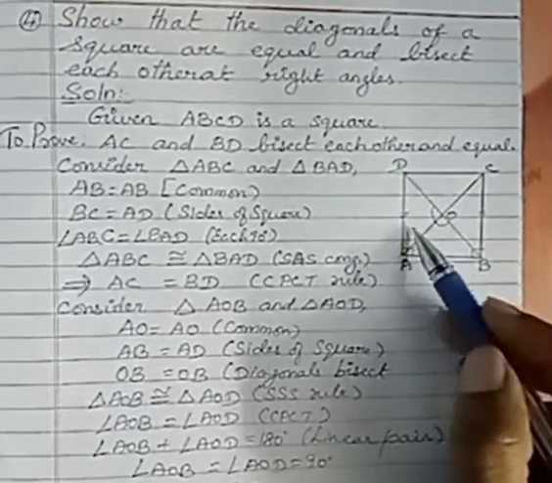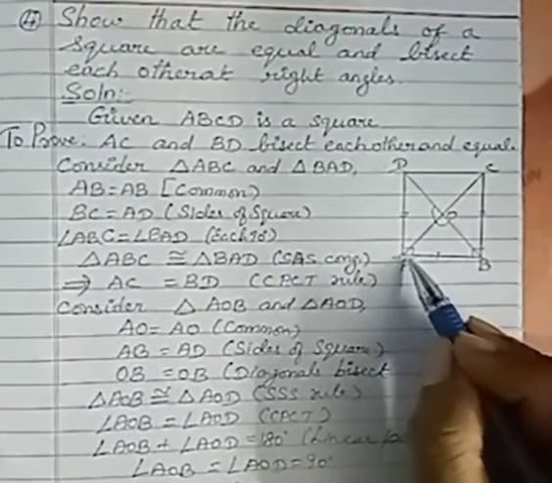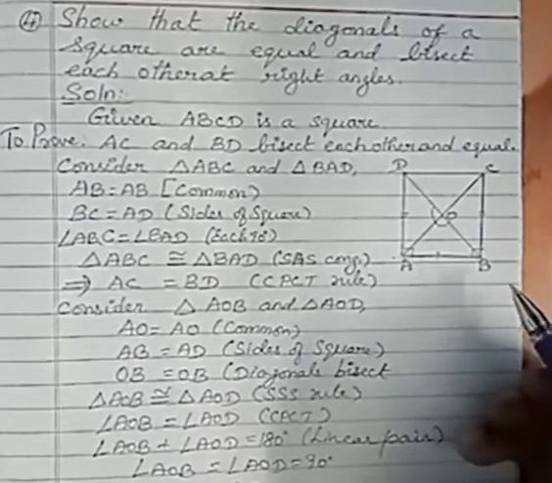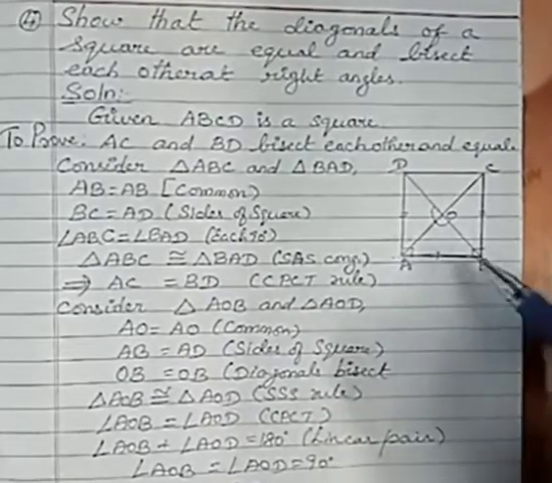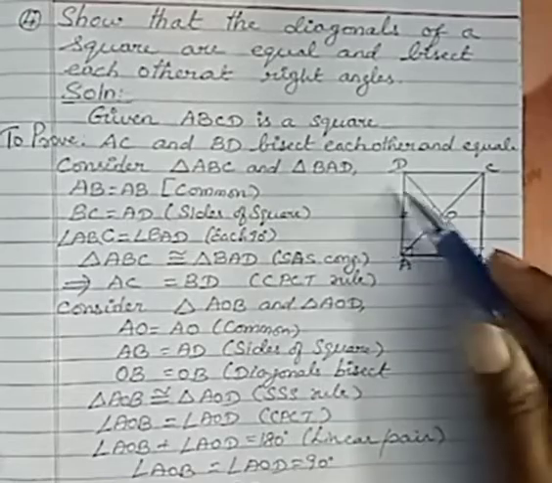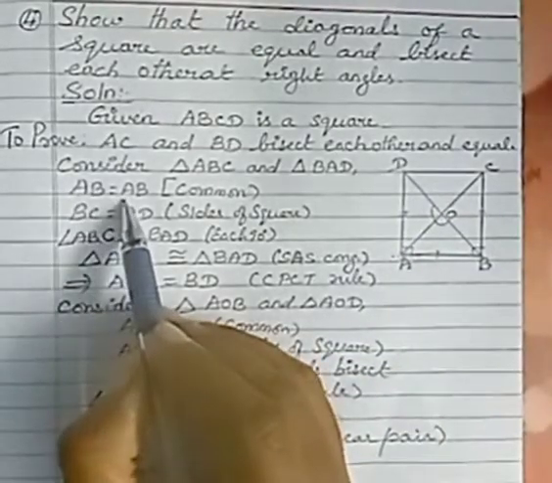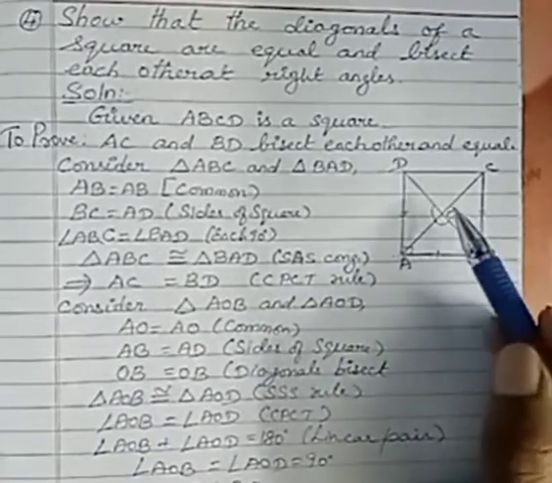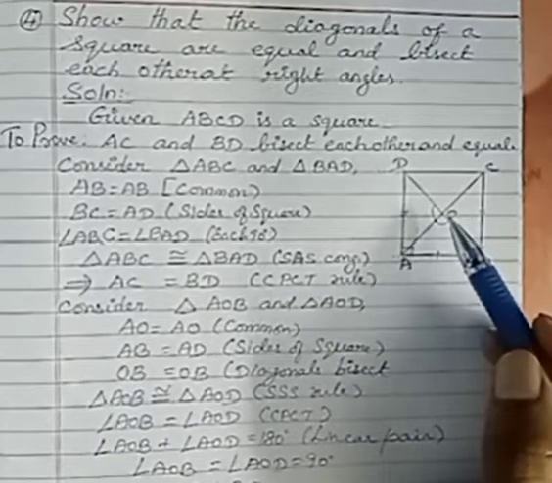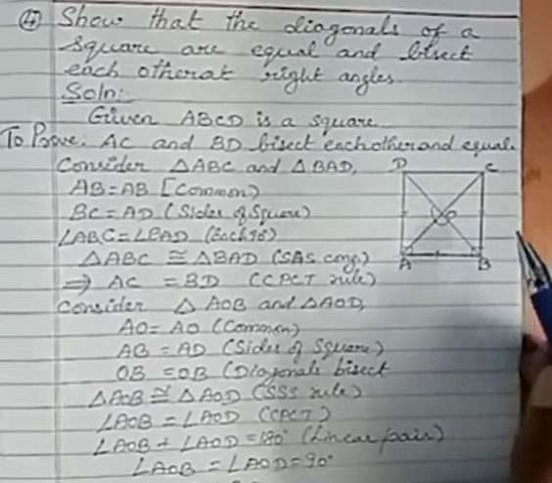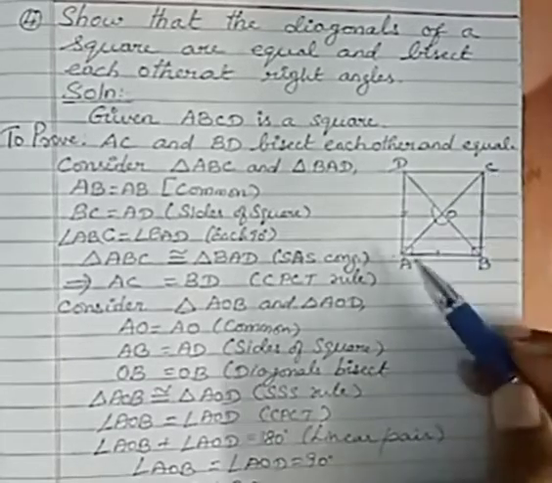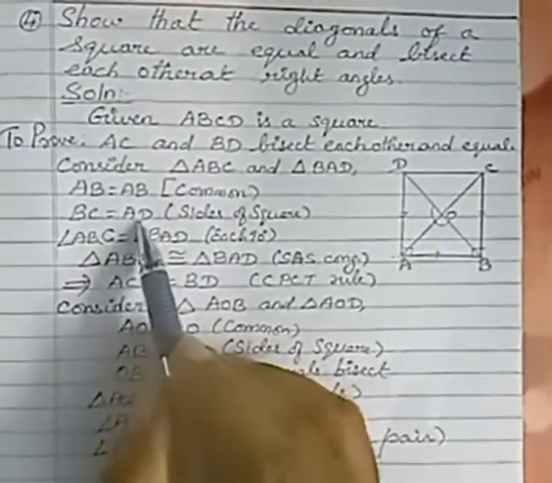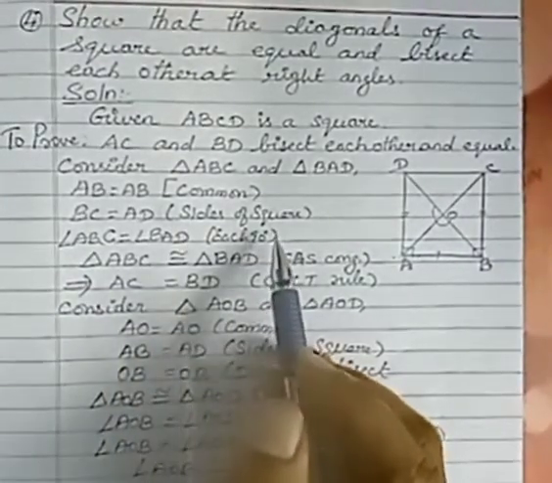When you consider these two triangles, as you see, they lie on the common base AB. AB is the side which is common to the triangle ABC as well as BAD. So AB is equal to AB, common. Since we are talking about the sides of the square, we know that in a square all the sides are equal. So the sides BC and AD are equal. So BC is equal to AD. The reason is sides of a square.